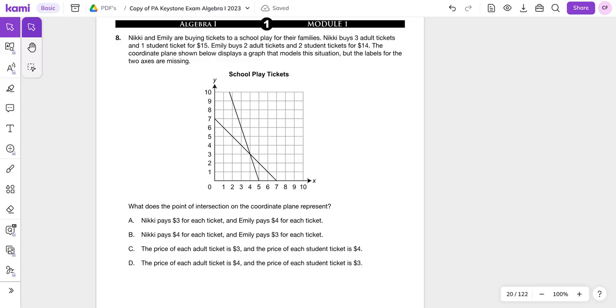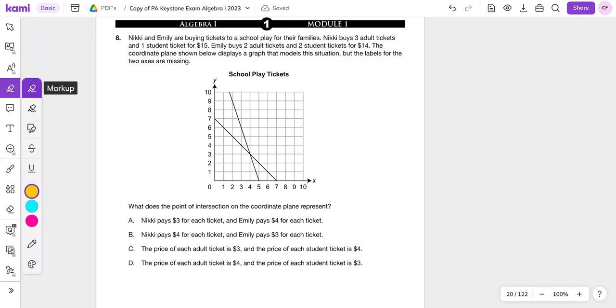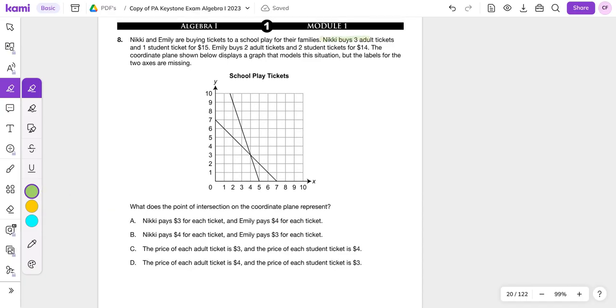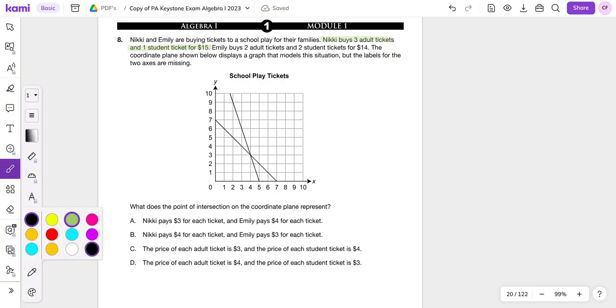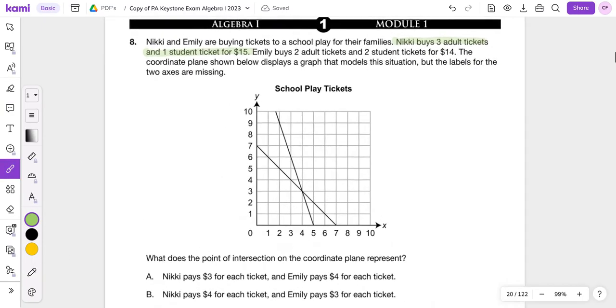What does the point of intersection on the coordinate plane represent? Well, let's start by writing our 2 equations. Our first equation is with Nikki. It says Nikki buys 3 adult tickets and 1 student ticket for $15. If we were to write Nikki's equation here,